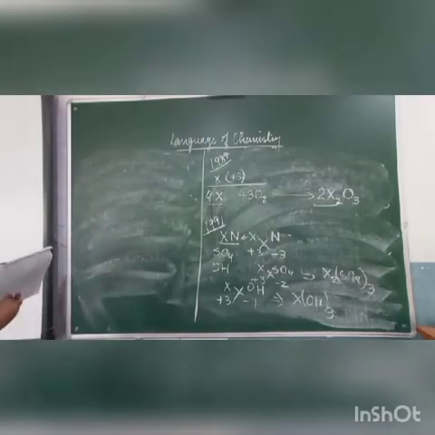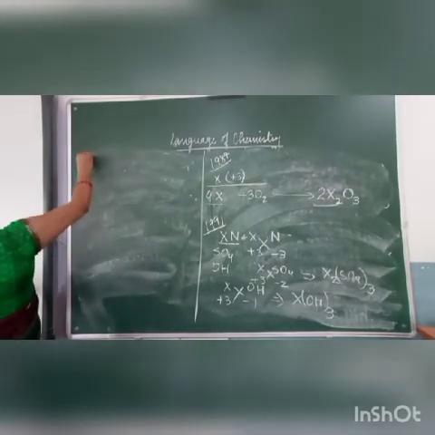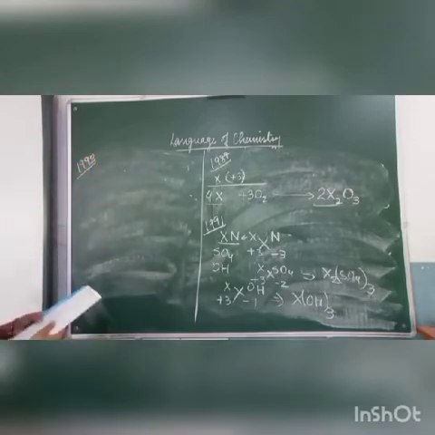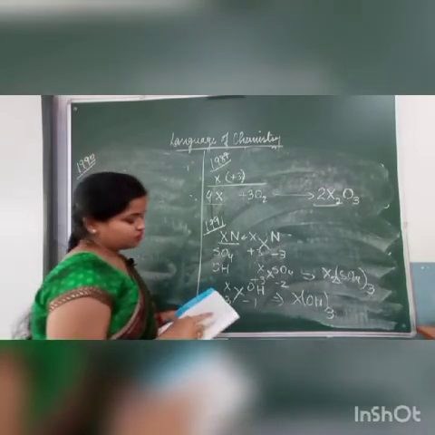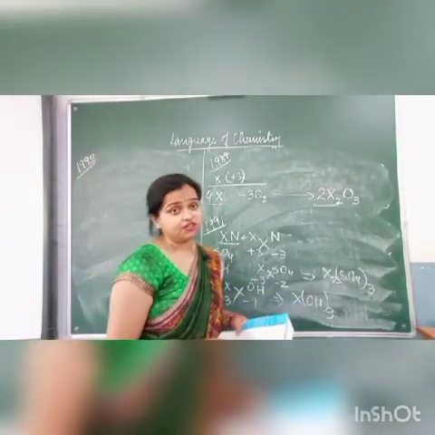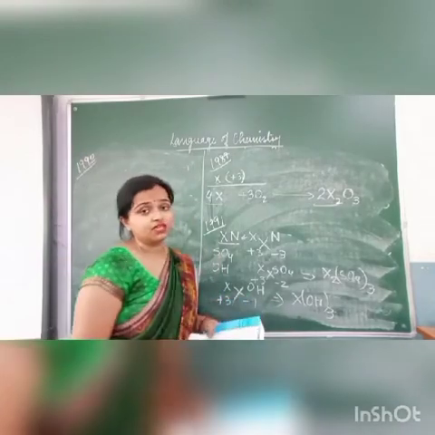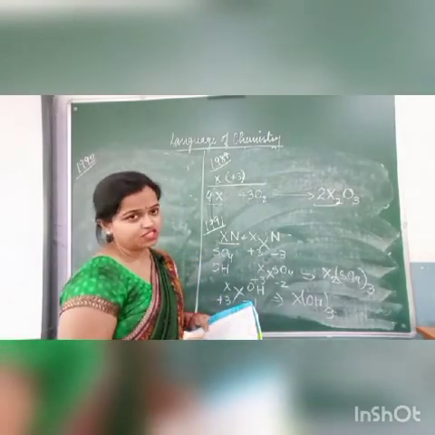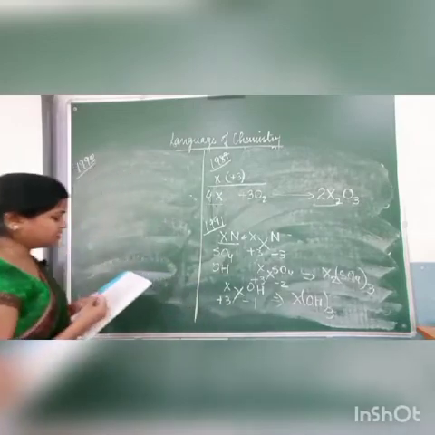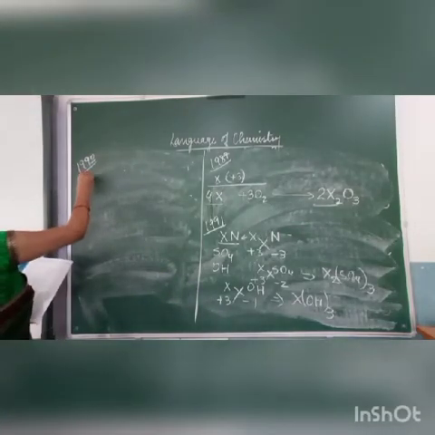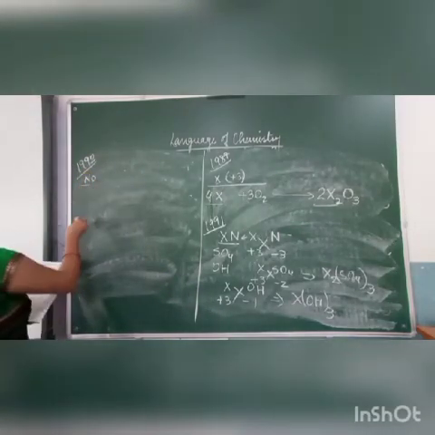Question is given of year 1992, where you have to calculate the valency. Some of the compounds are there where valency cannot be easily found out with the help of the valency chart. So how can we calculate? First is given NO. You have to calculate the valency of nitrogen.